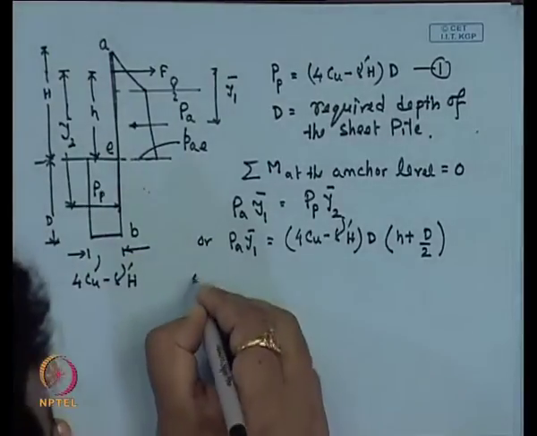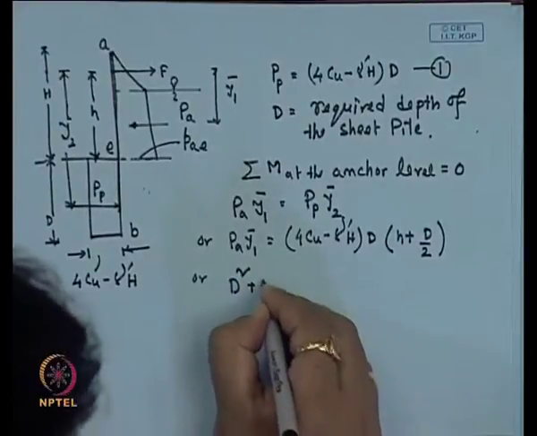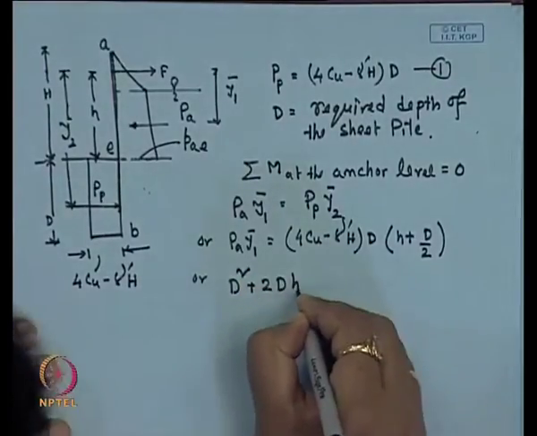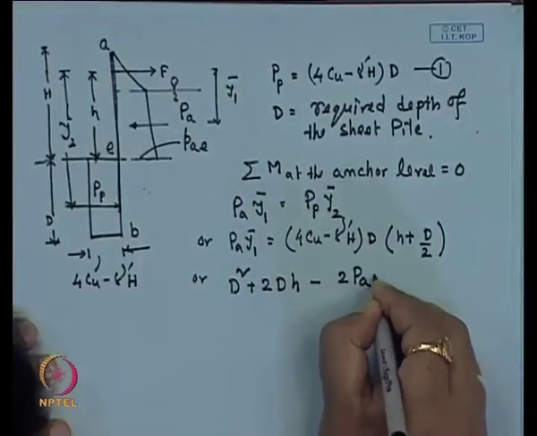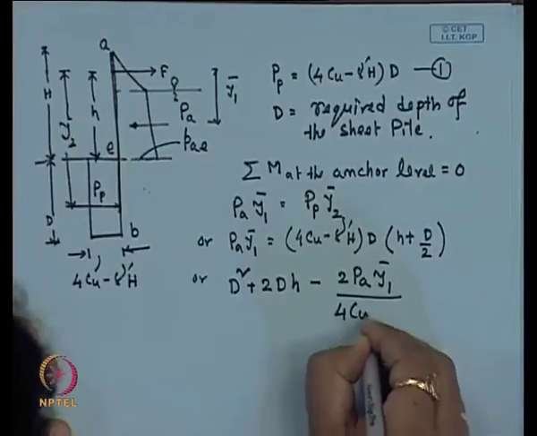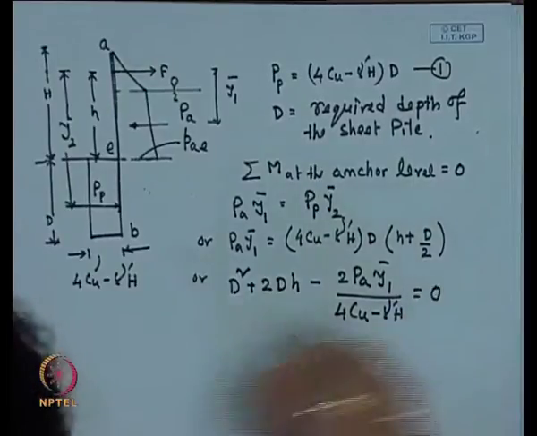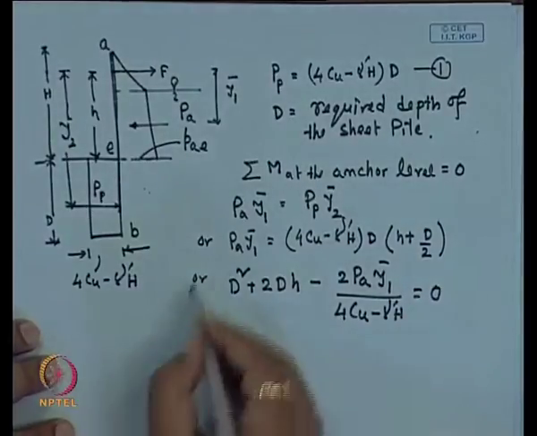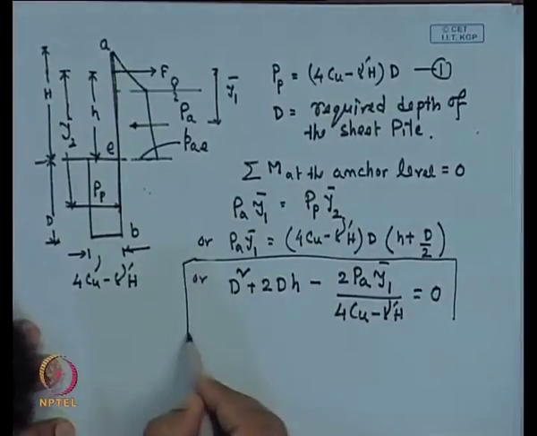Finally, we can get this type of expression: d square plus 2 d h minus 2 P A y 1 bar divided by 4 c u minus gamma dash H, that is equal to 0. So, the final expression is this one,